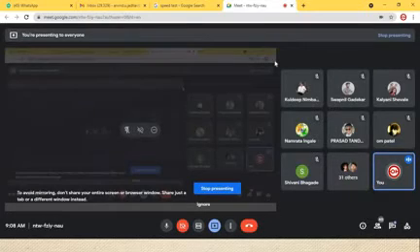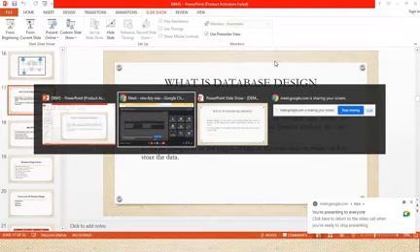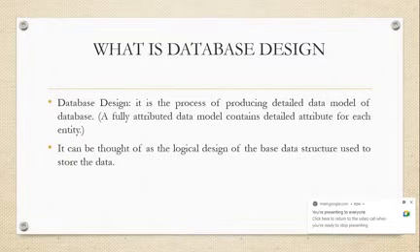Today we'll discuss what a database design is, how we'll do that, and what some key features are for developing the database design. Afterwards we will start the installation of MySQL Workbench. There are lots of tools available to develop that application. In it we need to create some ER diagrams, entity relationship diagrams. Make a note of that.